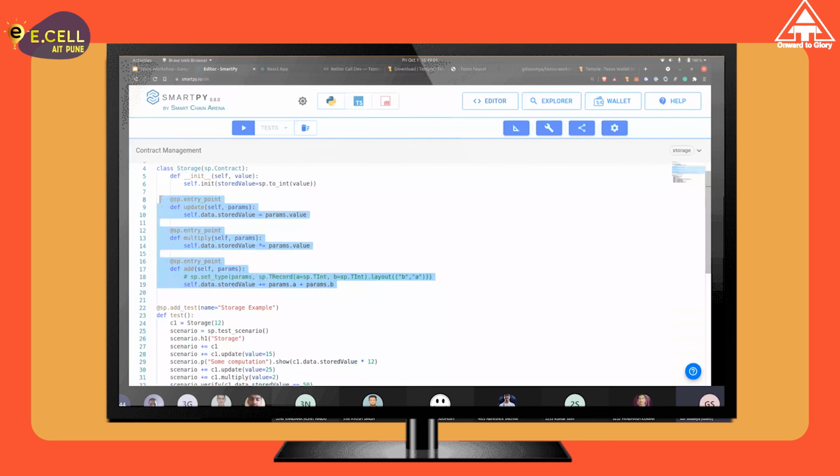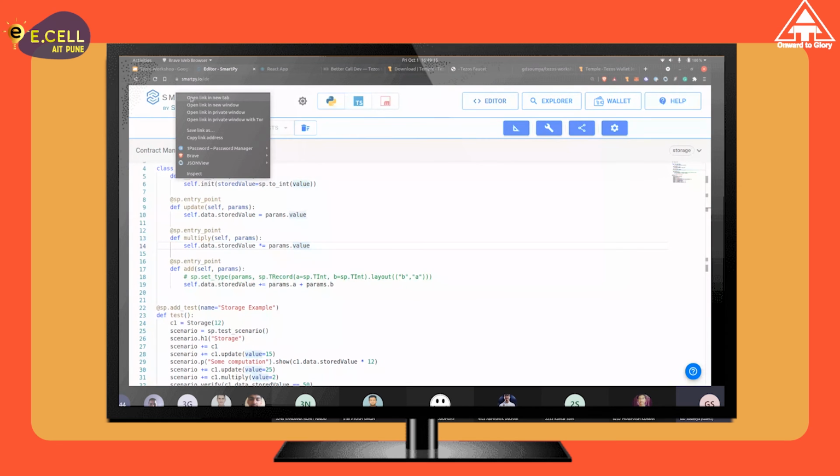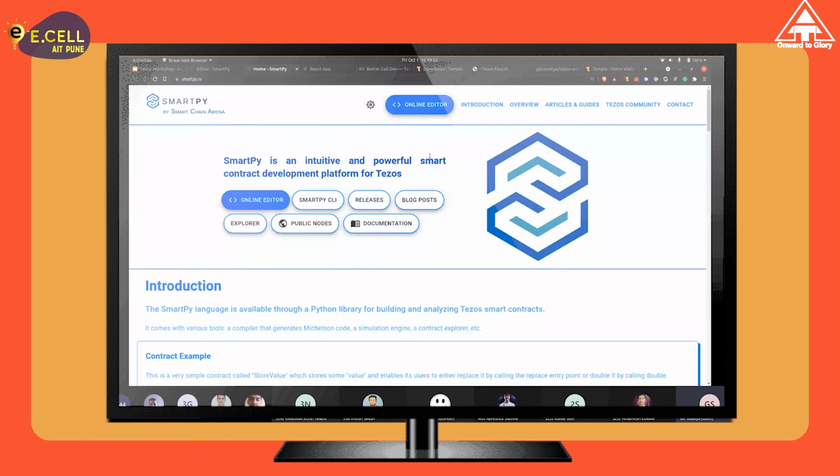This is a very simple contract, but you can write more complex contracts and logic, and you can take a look at the different templates and examples already available in SmartPy. You can open up SmartPy and look at the different examples and also the reference. We have the documentation here, so you can take a look at it to get a better understanding of how SmartPy works, all the different syntax and everything.